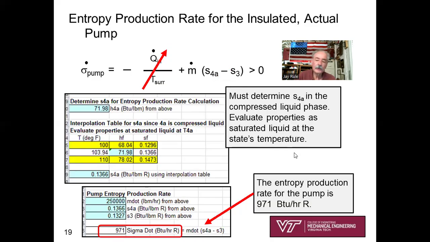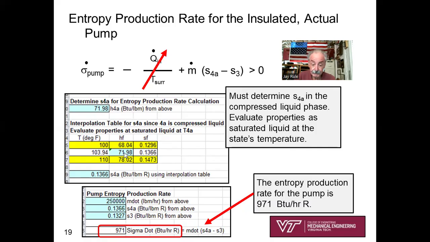Now let's switch over and do the pump because it's going to be very similar. Sigma dot, entropy production rate for the pump, is minus Q dot in. The pump is insulated, so that term goes away. Plus m dot, and sure enough, the pump outlet is S4A. Into the pump, S3. And so I need S4A. How do I get that? What I did there was